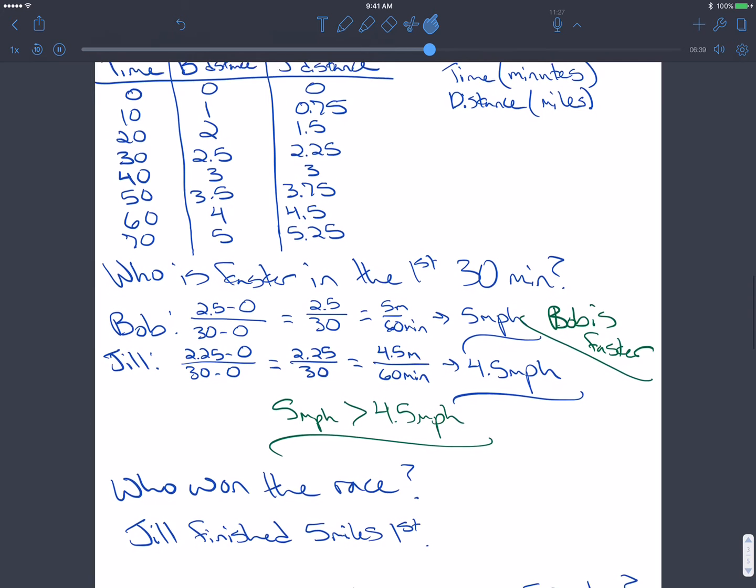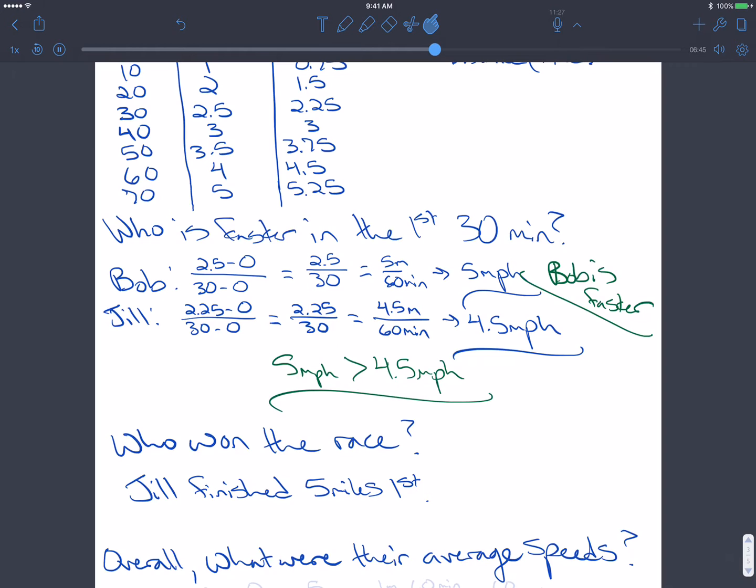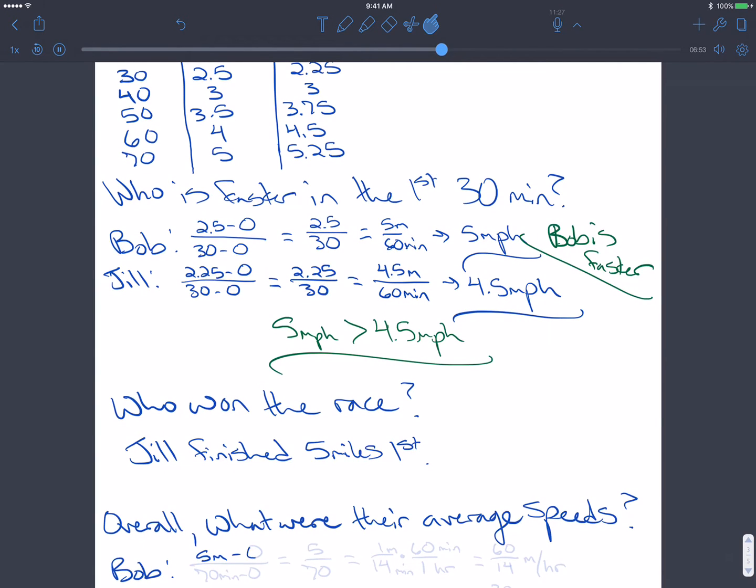So overall, what were their average speeds? We know Jill finished first, so she must have had a higher average speed over the whole course compared with Bob. If we take a look at that for Bob, Bob finished 5 miles. He started at 0, in a time interval of 70 minutes. 70 minutes minus 0 minutes. So he had 5 over 70, which means that's 1 over 14